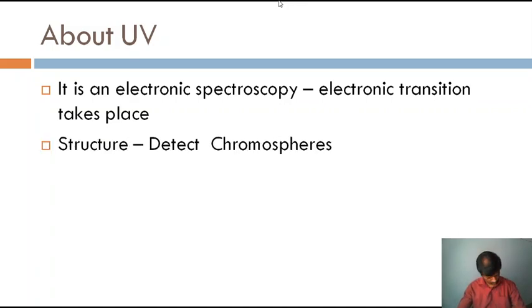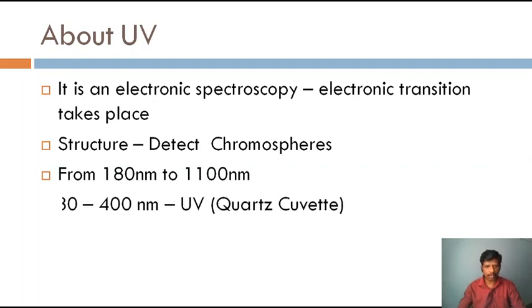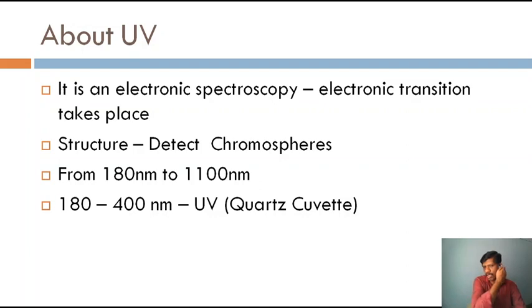What structural feature can you get by studying UV spectra? You can detect chromophores. As far as organic compounds are concerned, you can detect chromophores and auxochromes and some other hetero elements, right? What is the range? The range is from 180 to 1100. Usually the range people say is 200 to 800, but I am talking about an instrument that I used, which has the range from 180 to 1100 nanometers. Right, the 200 to 400 nanometer range is called the UV